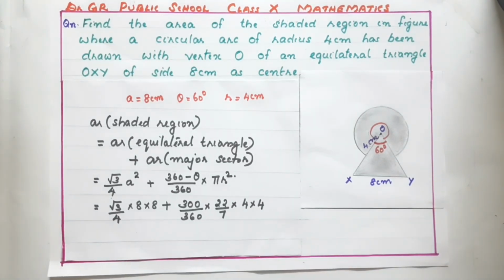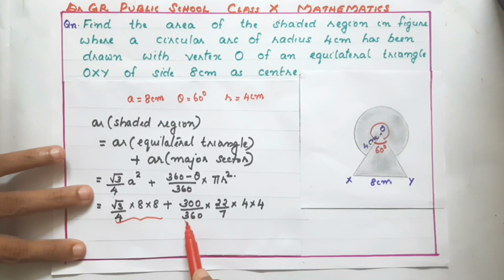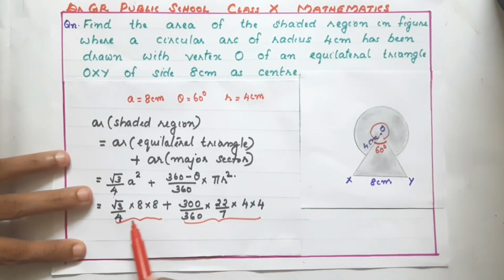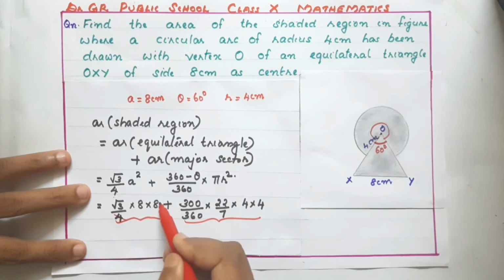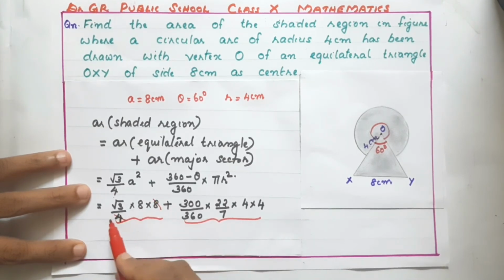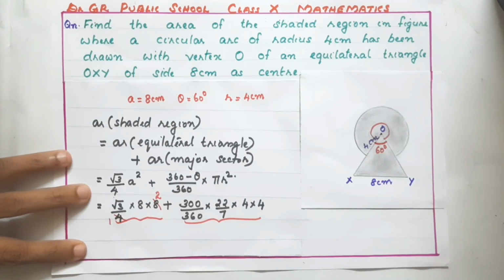Okay. Now we can do the cancellation. Here this is one term and this is another term. Here 4 and 8 both are divisible by 4. So 1, 2. What is it? 16 root 3. Okay. So 16 root 3